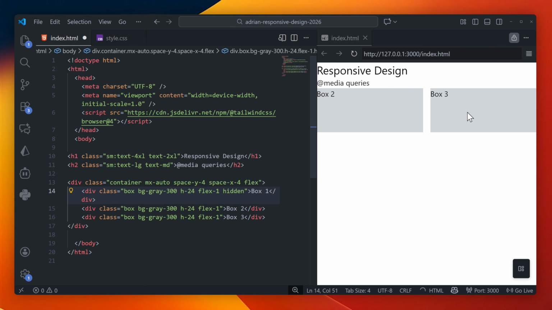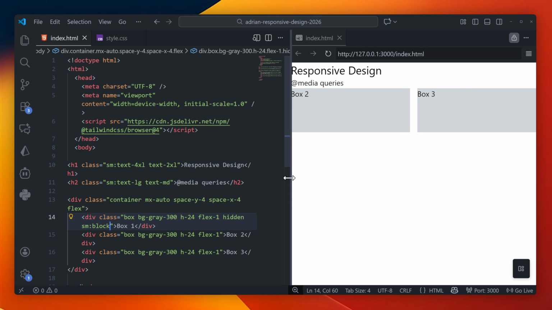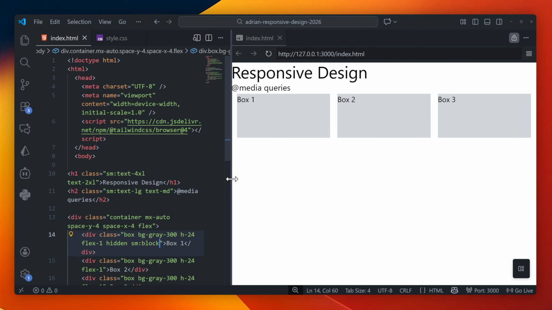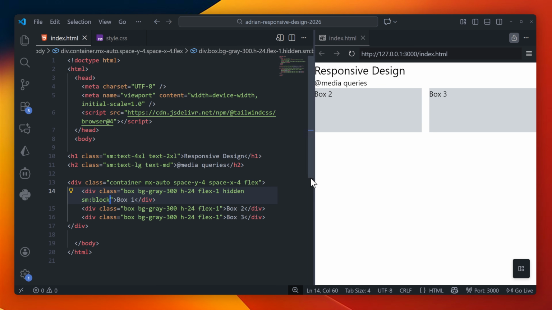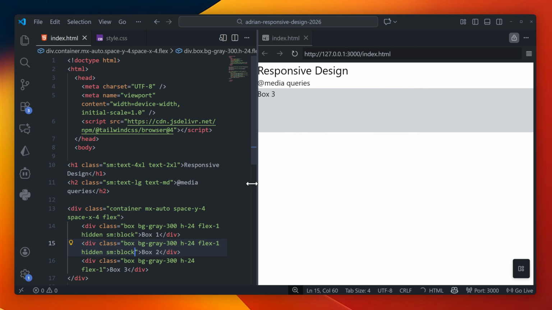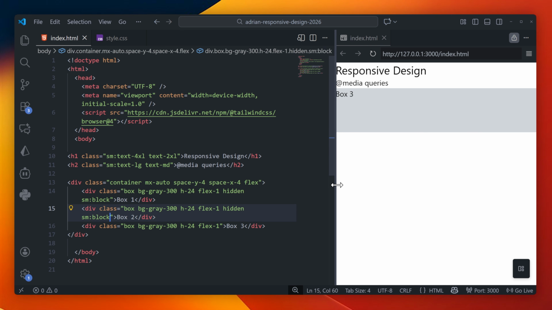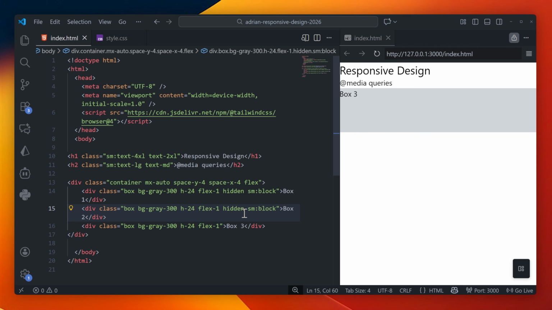I'm going to add the class hidden to box 1, and it's going to make it disappear. Then I'll add SM column block, and this will make it go from hidden to display block once we go over the mobile viewport. Using things like SM column, MD column, LG column, you can create different styling that applies only on those specific viewports, and this ends up creating a design that looks different depending on what device you're